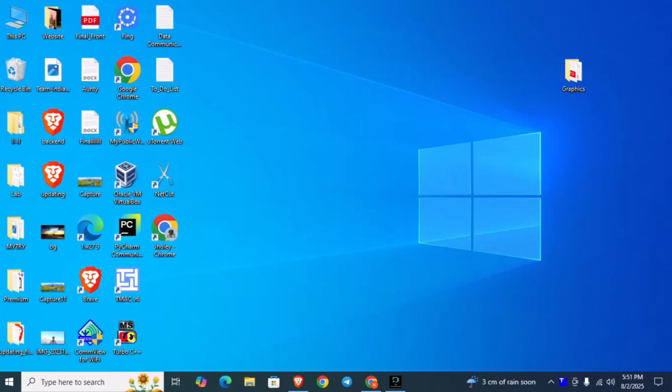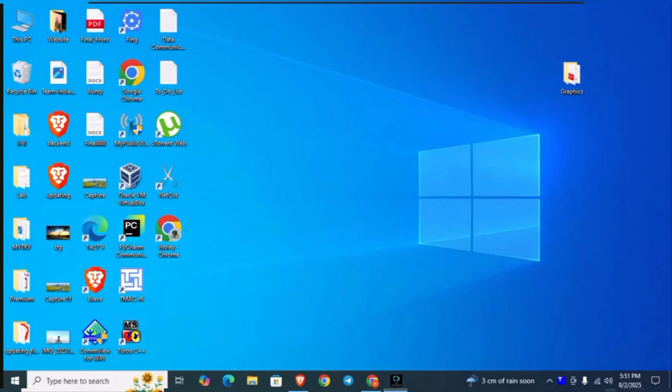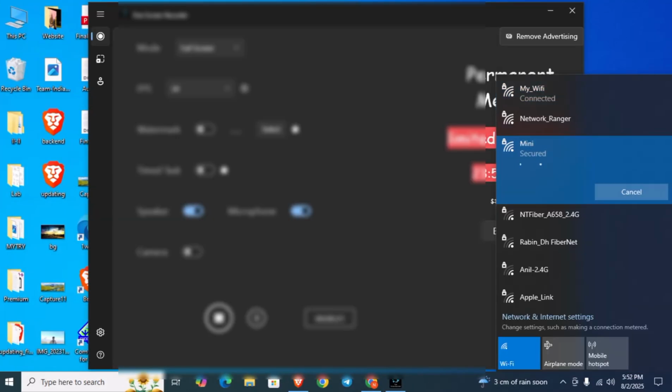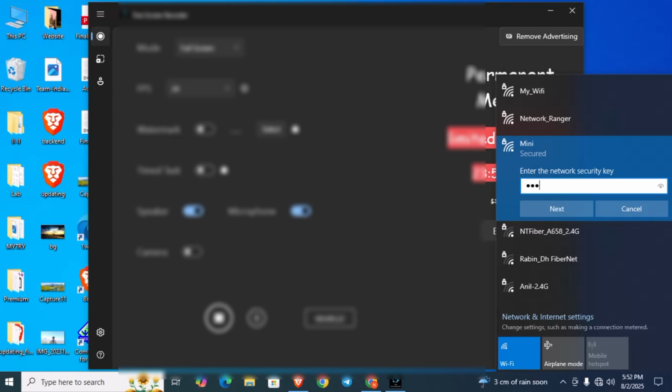Today's video is going to be about MAC spoofing, or changing the MAC address of your PC. So first of all, why do you need this? Suppose you are connected to a network and someone blocks your MAC ID. For example,